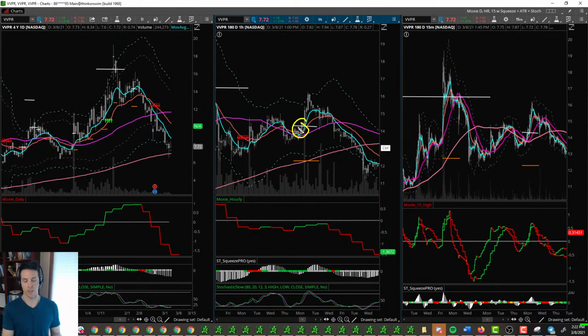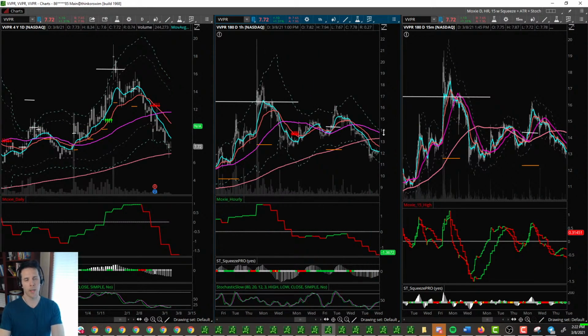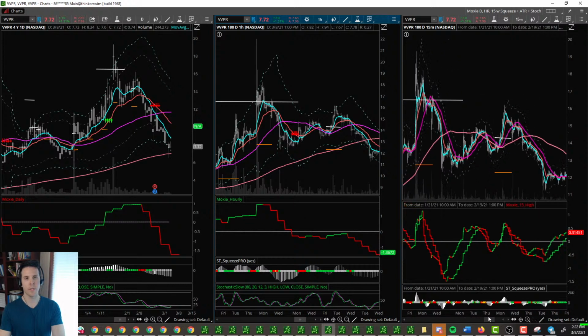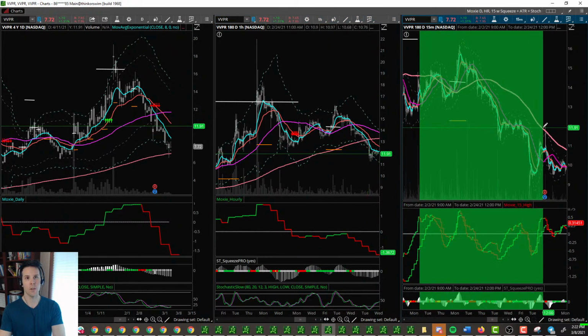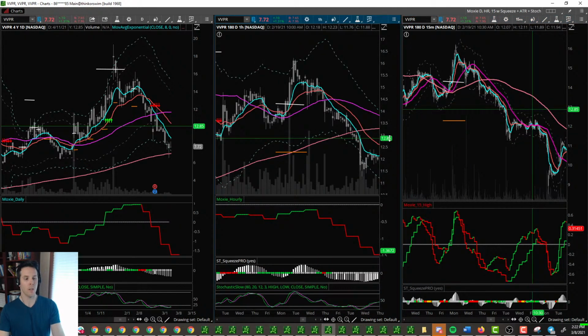Then the other mistake, this one had a few mistakes, but the other mistake with this one was, yeah, I had a little bit bigger of a stop, not too bad, but I could have recognized when to get out sooner. We can see here on the 15 and on the hourly that we got in here and it started to get trapped and stuck underneath the 15-minute 50, and the Moxie indicator was just falling apart. You could see here it just kept following the 15-minute 50 down. I should have just looked at that and said, look, this thing is clearly not working. It's going to take a lot of time to turn around, and it's just not doing what I want it to do. It's not even over these lower moving averages. It's not even over the hourly moving average.